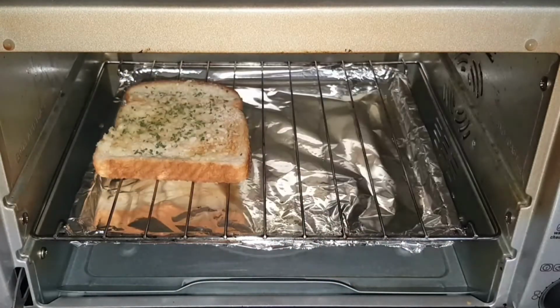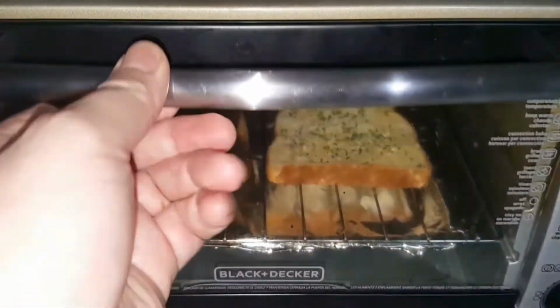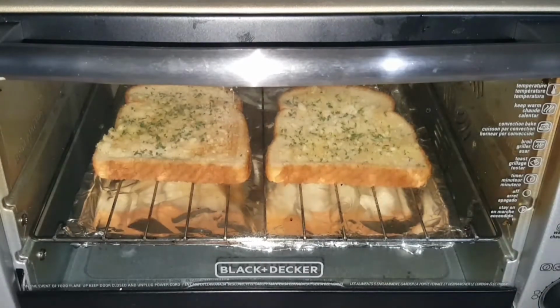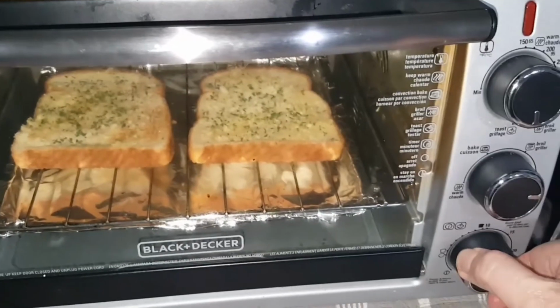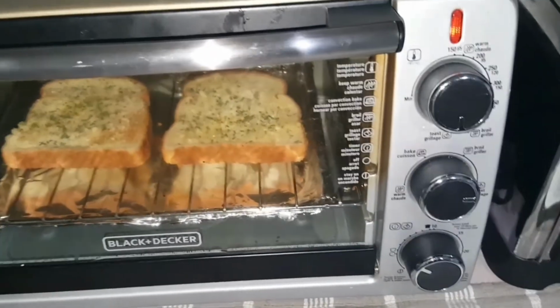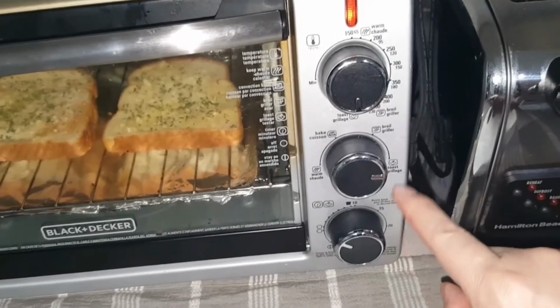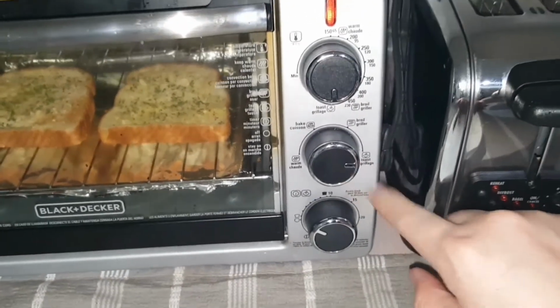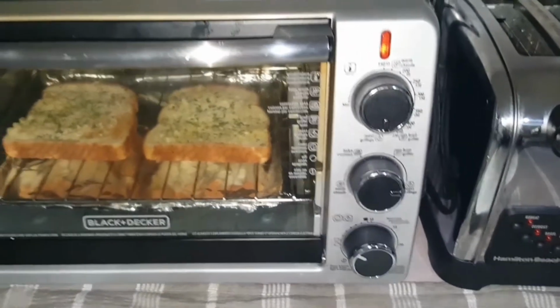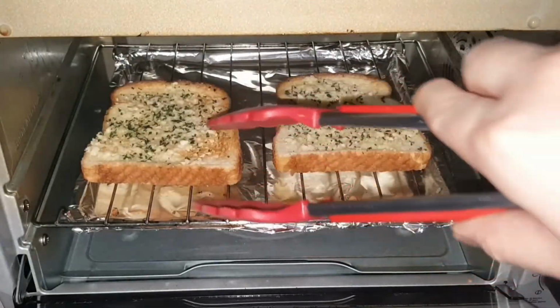Then we put it in the oven toaster for 4 minutes to harden the bread. You can also increase the time, guys, depending on you, if you want the bread to be a bit brown. Okay, so after 4 minutes,